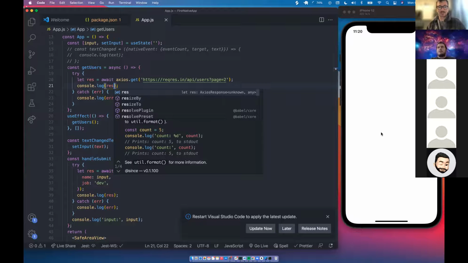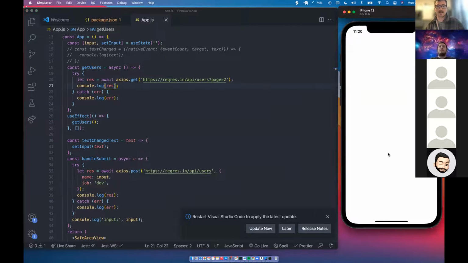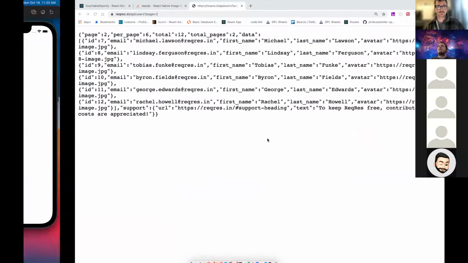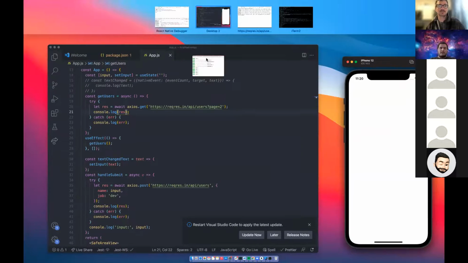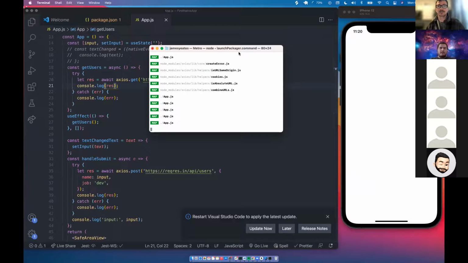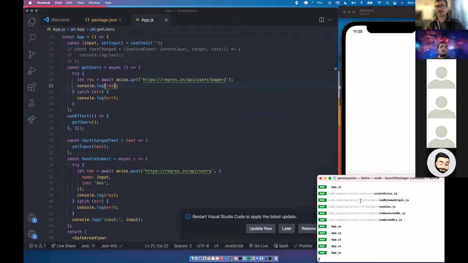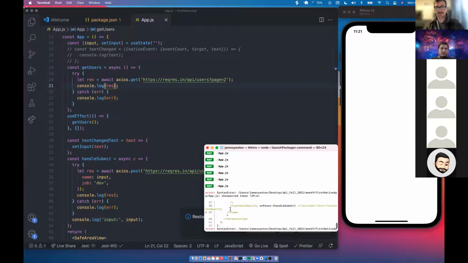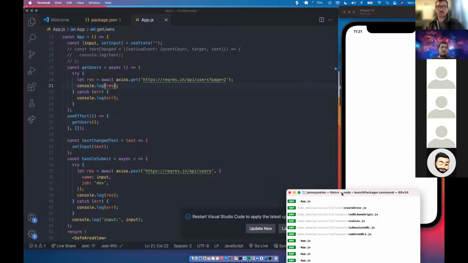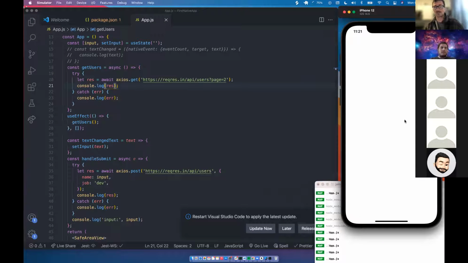So this is not showing anything. Something I would do right off the bat if it's not showing: I do have a bump, does everyone see this thing pop up? This is kind of like your terminal. This might show you some errors as well. This is where your React Native project's being built every time you make a change. But I don't really see anything inside here telling me anything. For example, here's a syntax error from a while back. But if I don't see anything popping up, I'm just going to do a